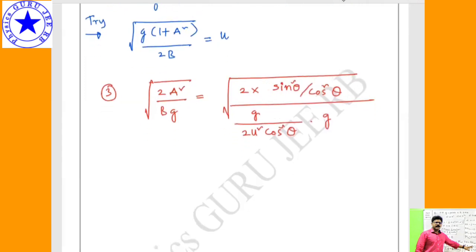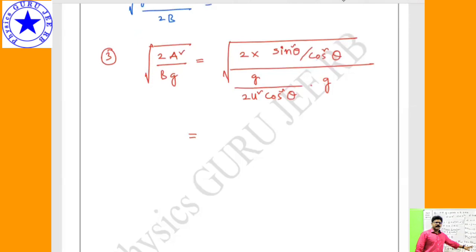Now let us see here. What can be cancelled here? This one and this one will get cancelled, right? Yes. Now this is completely under root. g and g is g square. Now under root of, if I take 2, sine square theta. Yeah, somebody posted the answer. Very good. Divided by 2 u square. u square also comes to numerator, that means 4. Here let me keep it as 2 only, into 2 u square divided by g square, right?